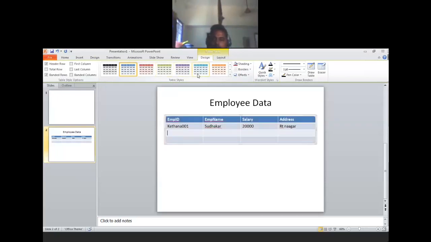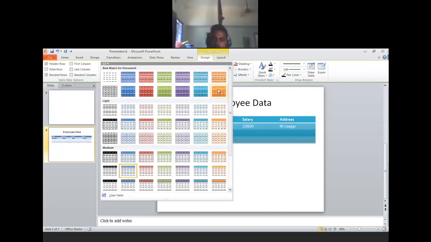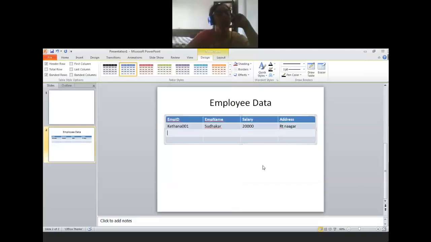Scroll and we have so many color options. As soon as you insert the table, all these templates appear automatically. Without a table, you won't get this kind of format.